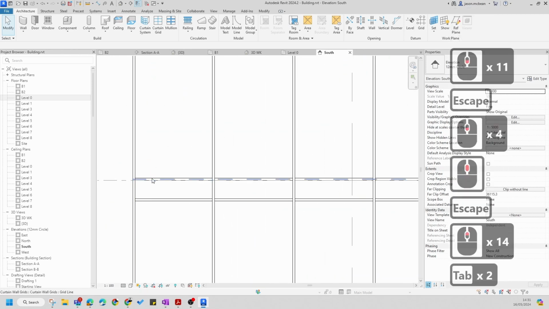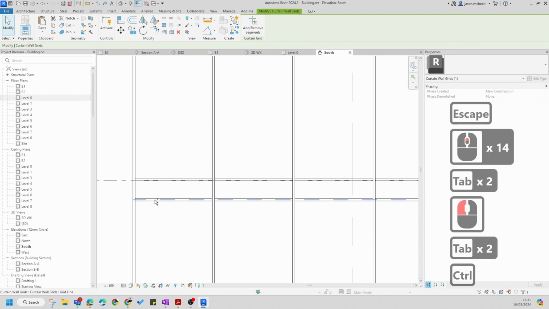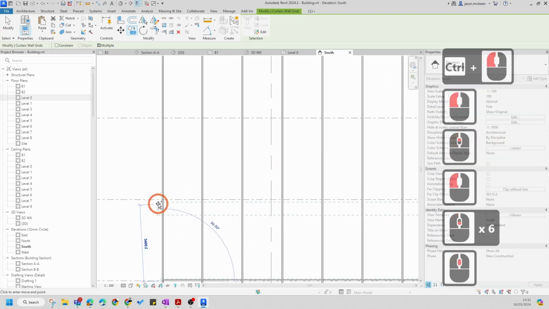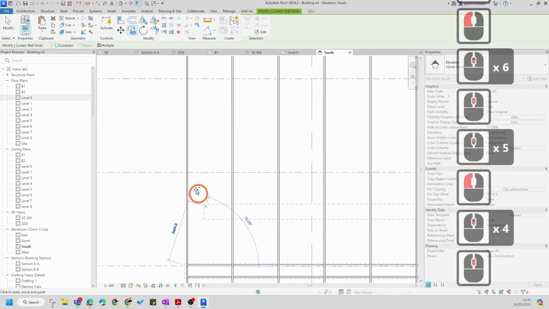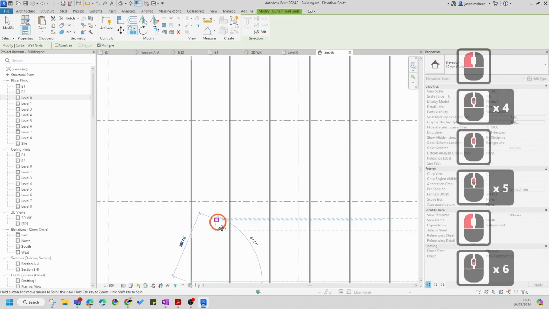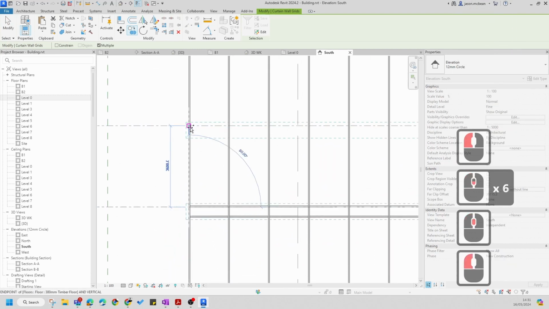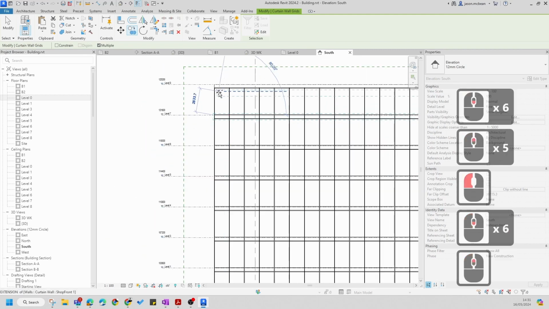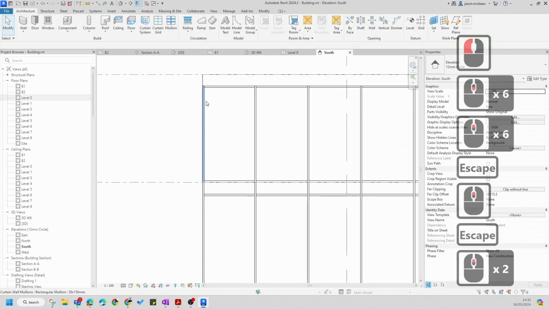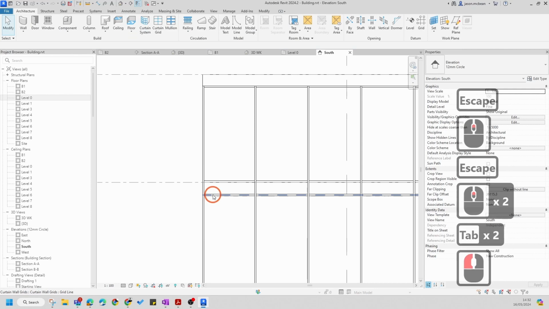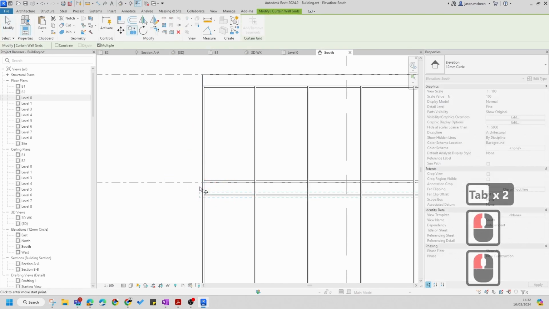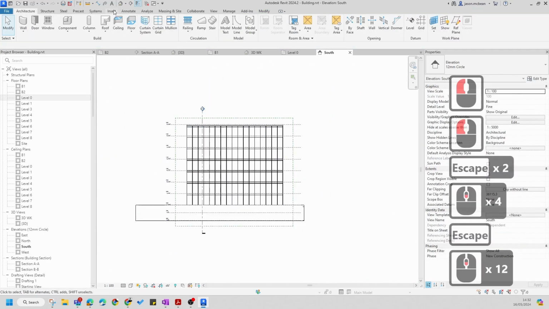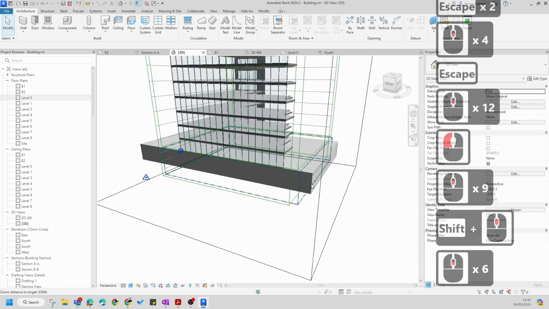Now if I press tab and select that, press tab again and press Control and copy this between my slabs, you'll notice I can very quickly create a curtain wall system for this facade. This is slightly different, so maybe just this one I would copy just like that, and I would use this as my reference level. Good. Now if I go to 3D view, my exterior facade,